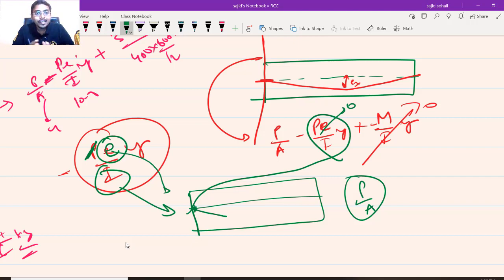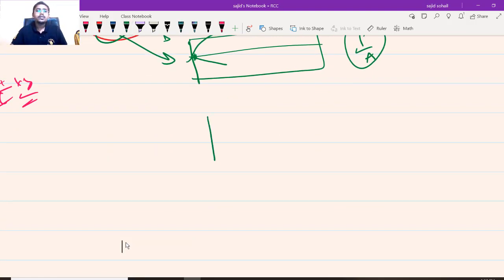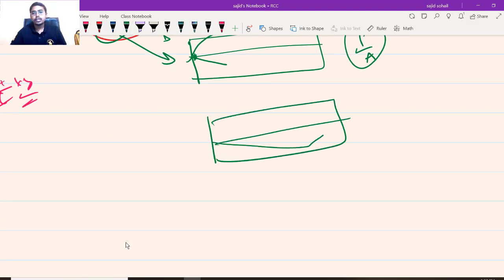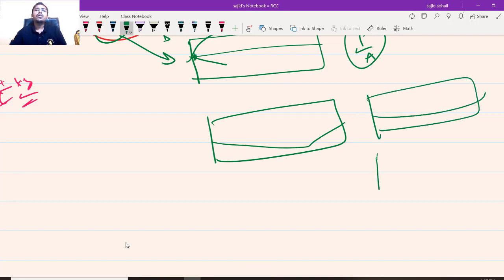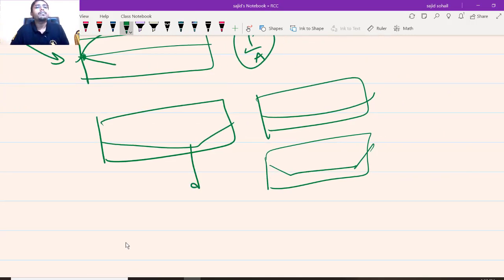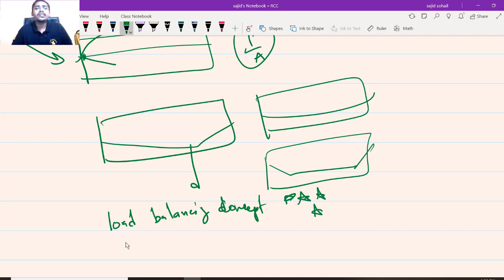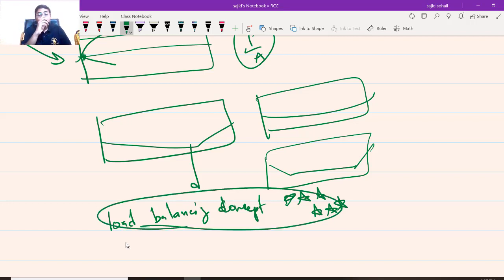Everything is done, right? So we have shapes like this basically, or like this or like this in general. I will tell you the concept behind it, where to use which shape so that you will get better results. We will discuss in detail, and this is called the load balancing concept, which I am going to teach in detail. And shoot a short question from this, make it 5-star. It is not clearly written in the notes, so you have to write down whatever I say, and shoot a short question from this. Load balancing concept is very important.